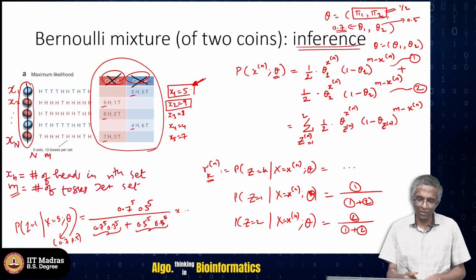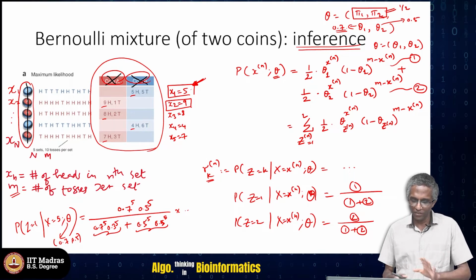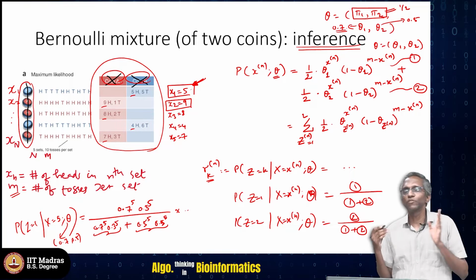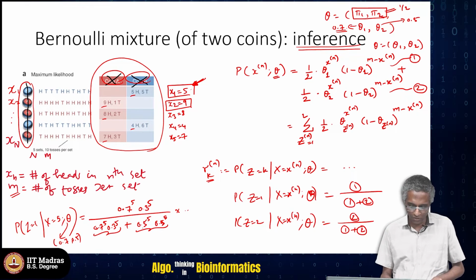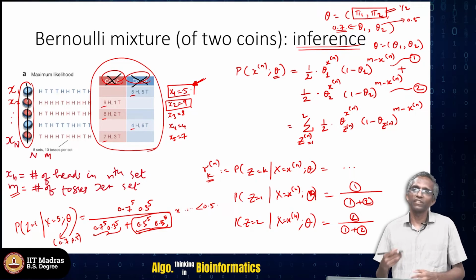So, the probability that coin A would have resulted in 5 heads. Here it looks like coin B is 50% probability of coming up heads and 50% probability of coming up tails. So, this term will be larger, and because of that this whole thing will be some value that is less than 0.5. Okay. So, the first set x1 equal to 5 is more likely to be generated by coin B